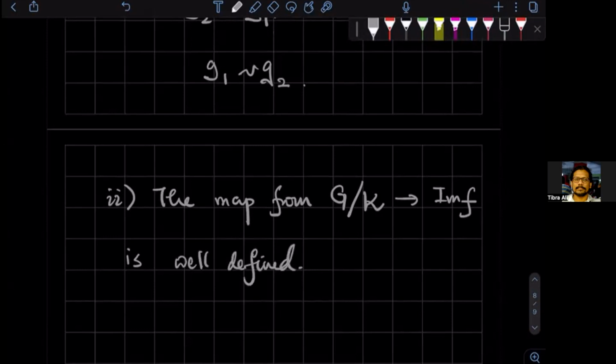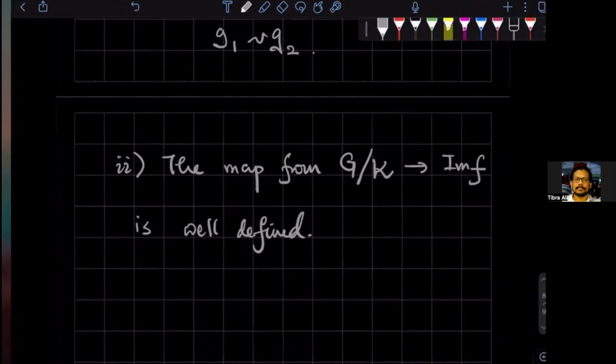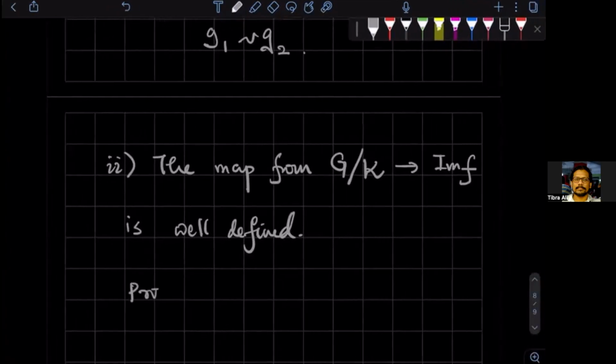In other words, we have to show that, well, it's probably even easier. So let's show that. So another proof within proof is,